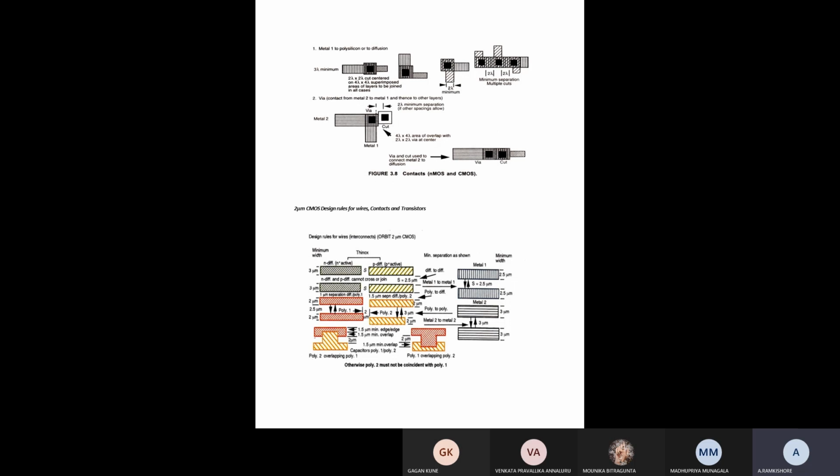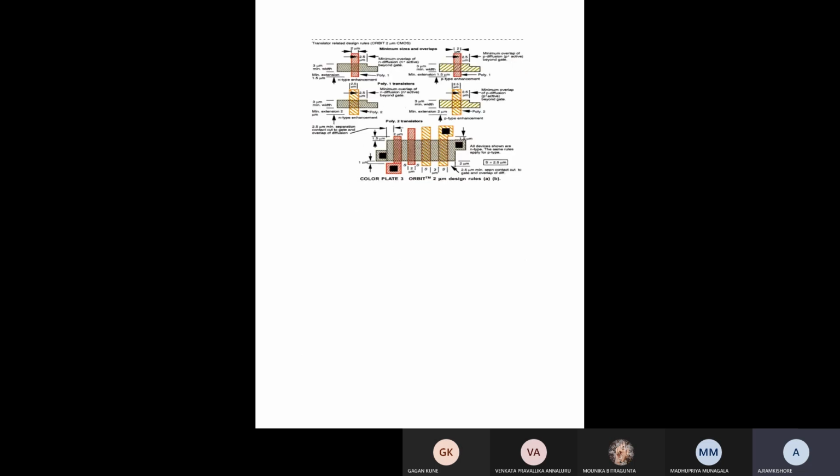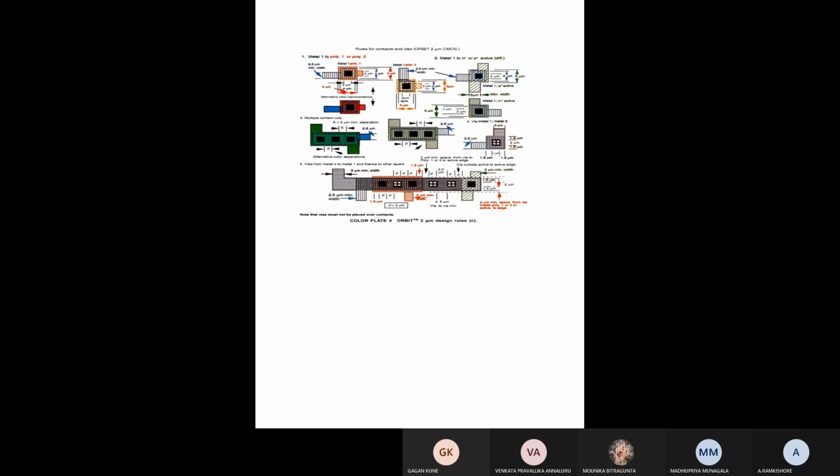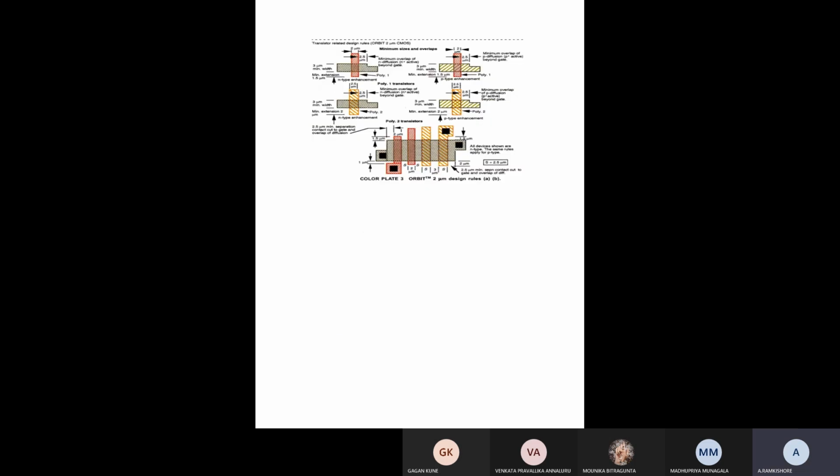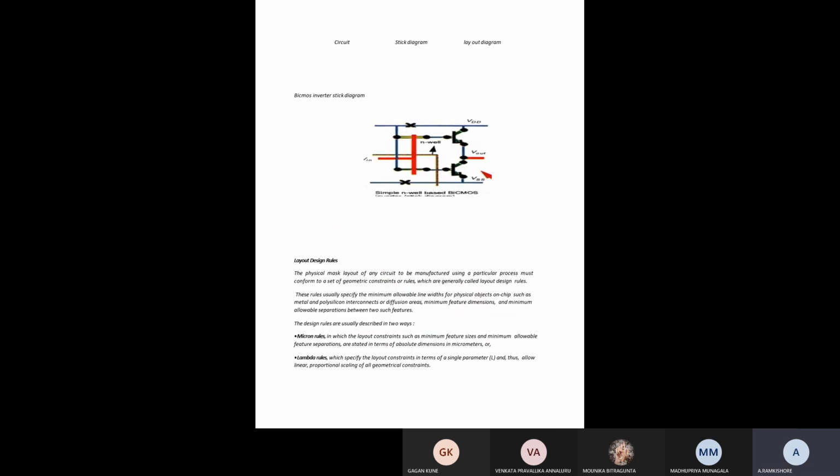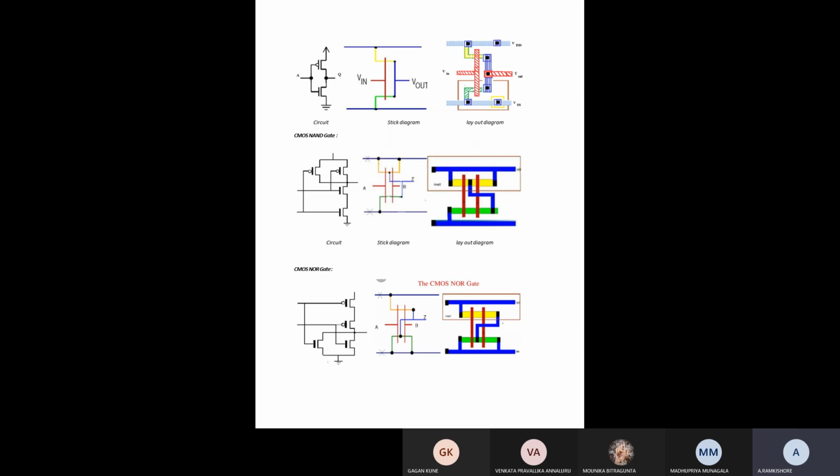So these are some of the layout design rules discussed. By using these rules, we have to draw a layout diagram for any type of stick diagram. In your question paper, if the question is asked, for example, design a layout diagram for a two input CMOS NAND gate, or a three input CMOS NAND gate, like that,